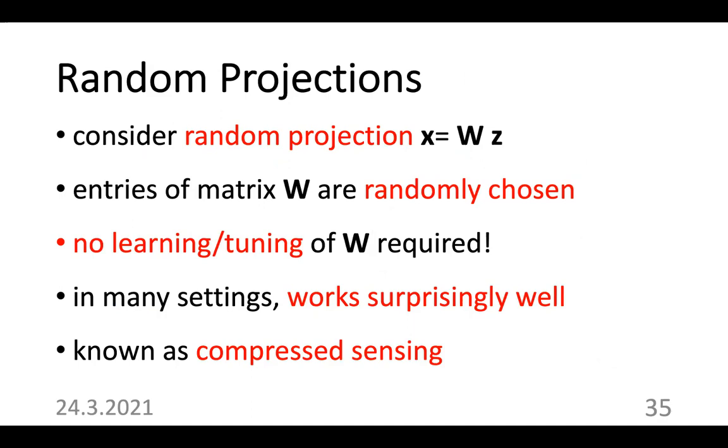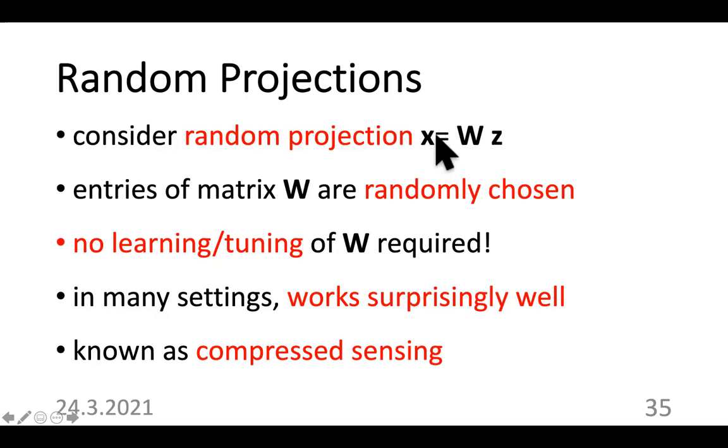And then there's a very cheap, computationally cheap alternative, which is to just use a random matrix, or I call it a random projection. Just generate this compression matrix W by drawing random numbers from a random generator, independent and identically distributed, for example. So there's no learning or tuning, there is no eigenvalue decomposition involved. You need to just run some random number generator several times. And it turns out that using this completely random compression matrix